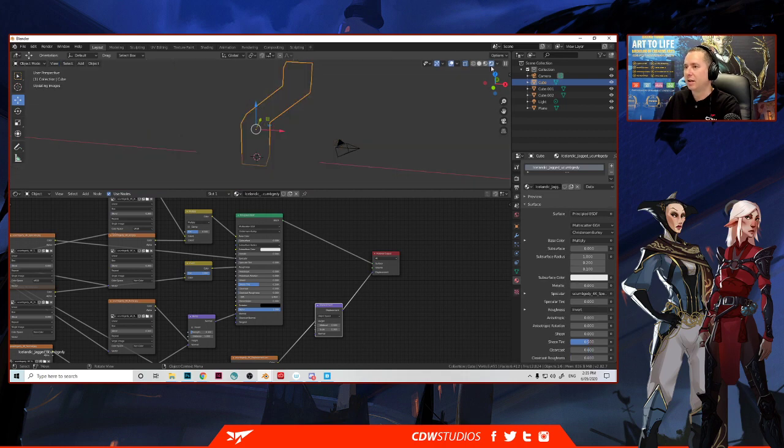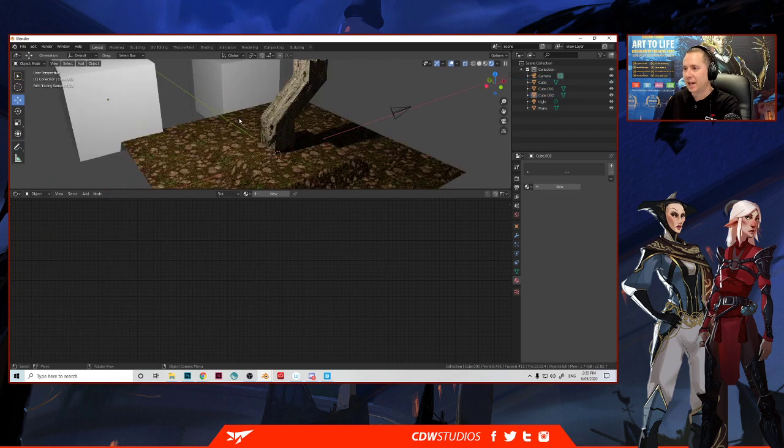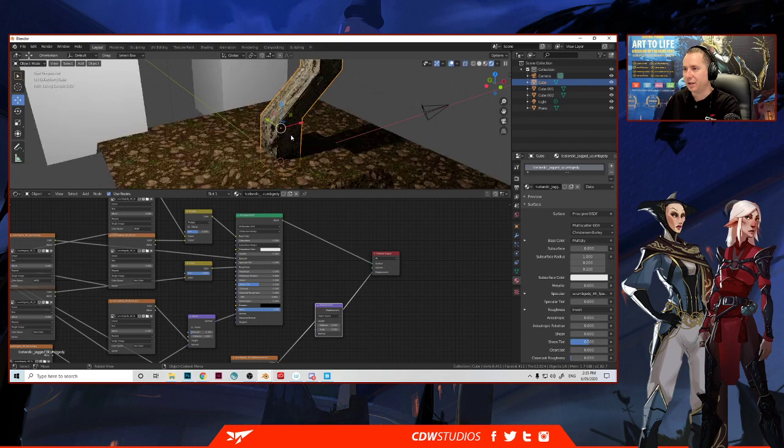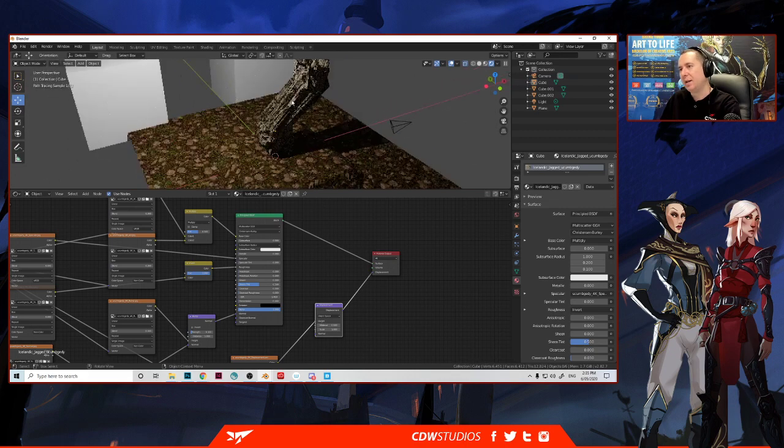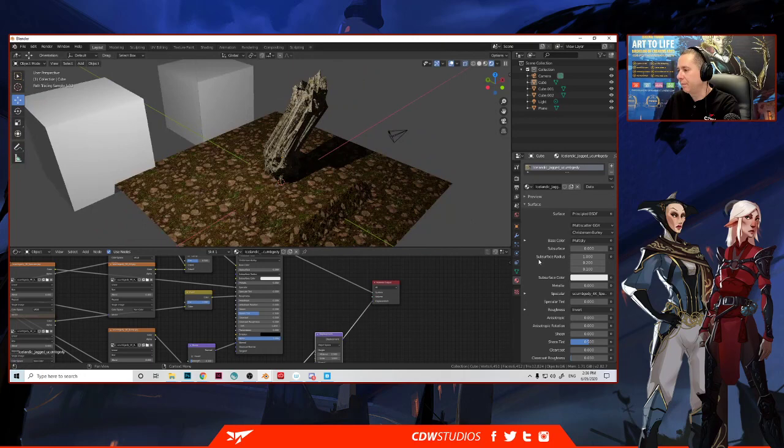Go back in here, go into the displacement thing, right? You can see that, yeah, you can do whatever you want. So maybe change this to 1 and see what happens, right? It's stretching here because we've only got a couple of edge loops going through there, right? So the next step, which is stuff that I haven't showed in the other stream, is that you can then add, we're going to try and not break